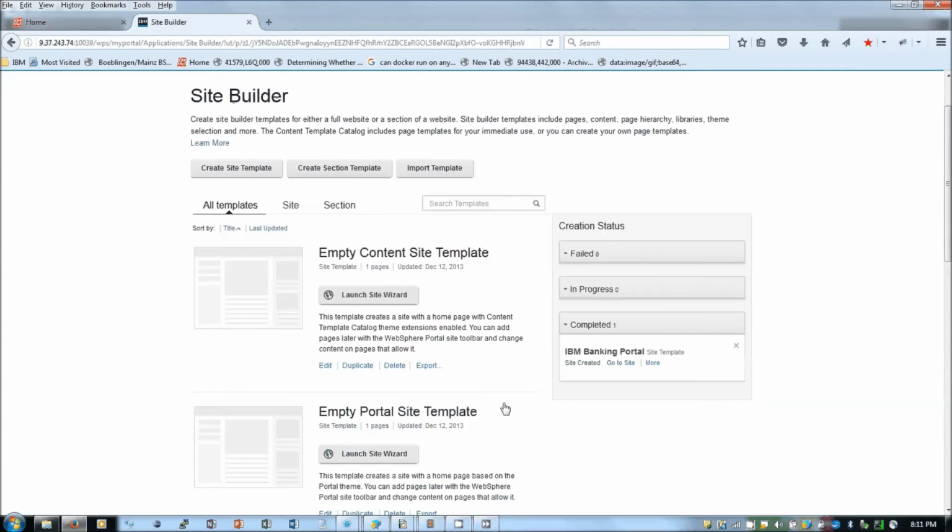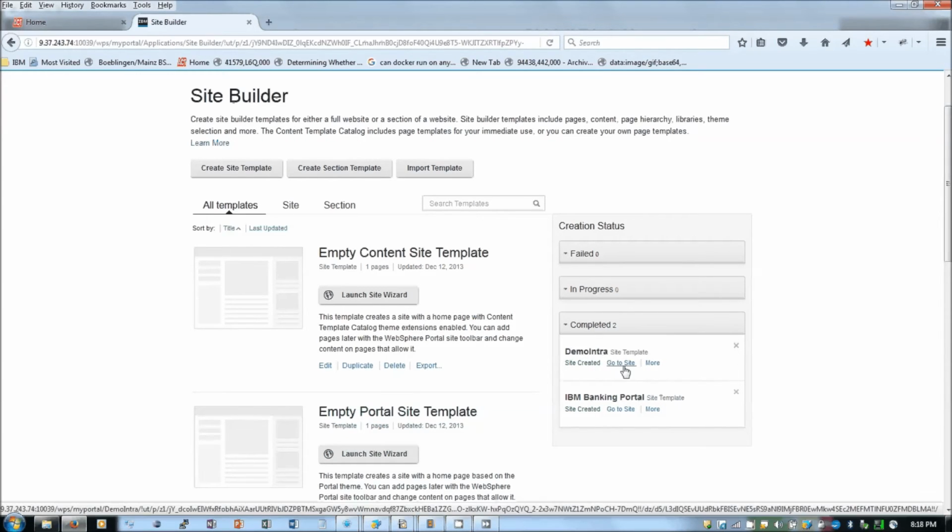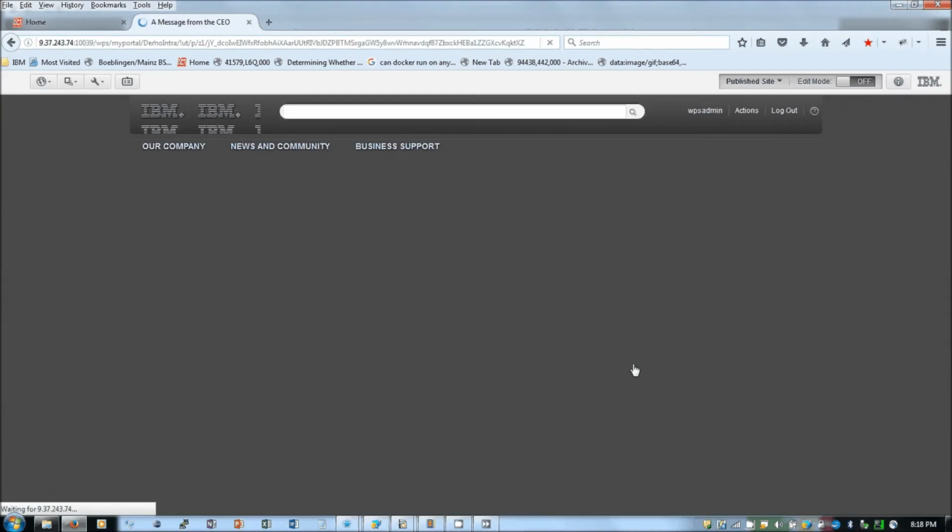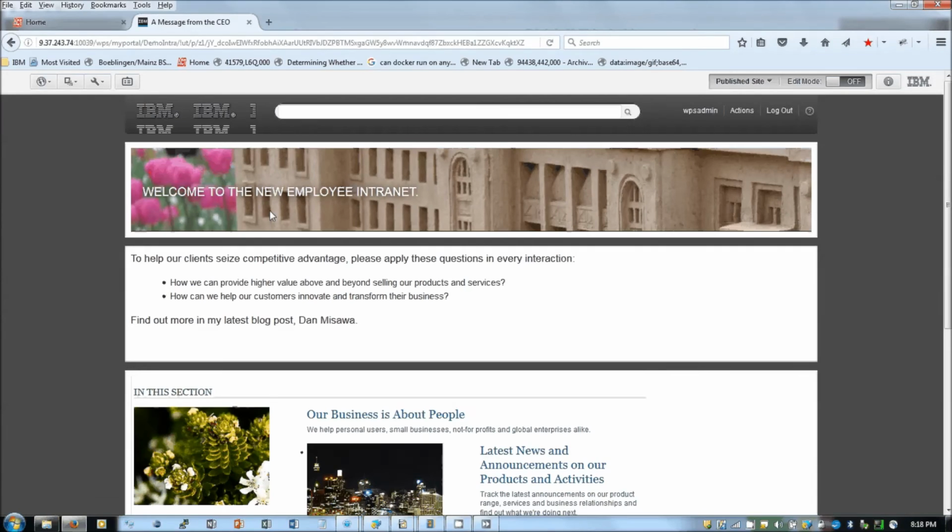It takes some time to create a website. You can see that the site is created. This is an intranet site which is created by using the Site Builder.